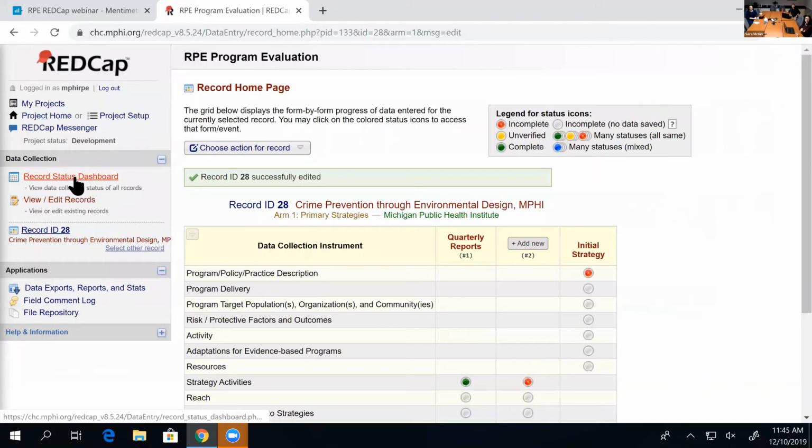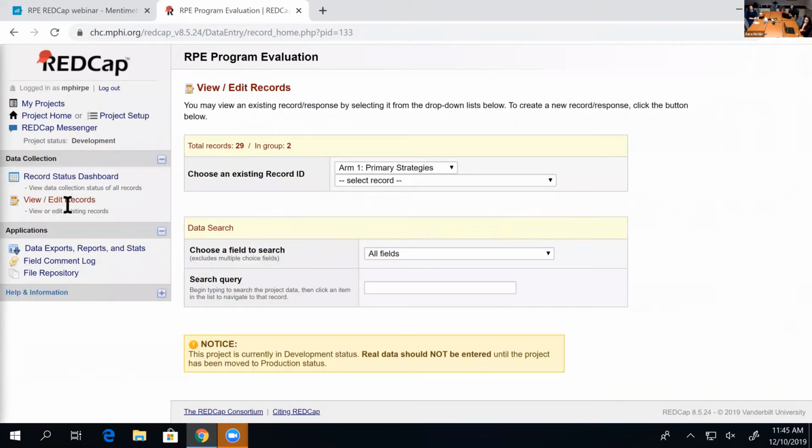and Record Status Dashboards, there was a different option besides the primary strategies. So I'll tell you what that is all about by showing you both pages again. In this drop box, we have a drop box here because there's more than one choice. Primary strategies is called an arm. That's REDCap's terminology for having completely different areas of REDCap for different types of information. So we wanted to keep all of our primary strategies in one spot,